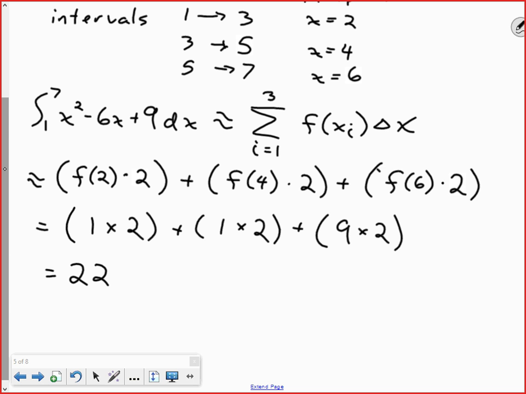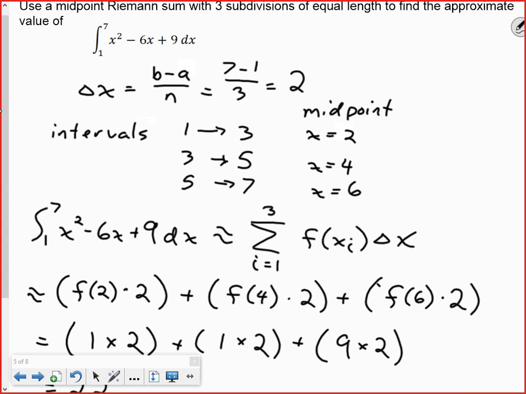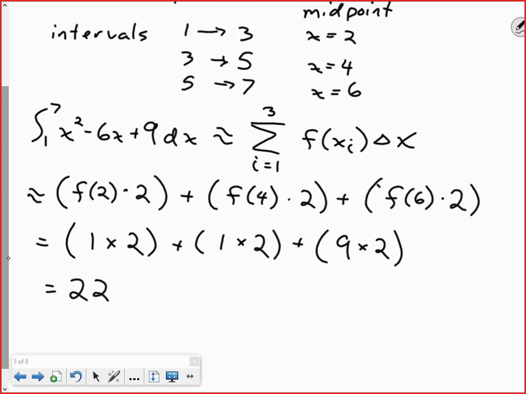All right, so we're doing the same thing that we did in the last lesson. We're just calling it a different name as we're using sort of this different terminology here. So we're evaluating this definite integral here from 1 to 7 of our function using these approximate techniques. Now,